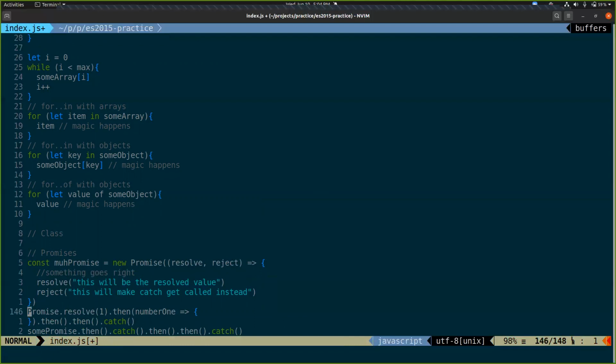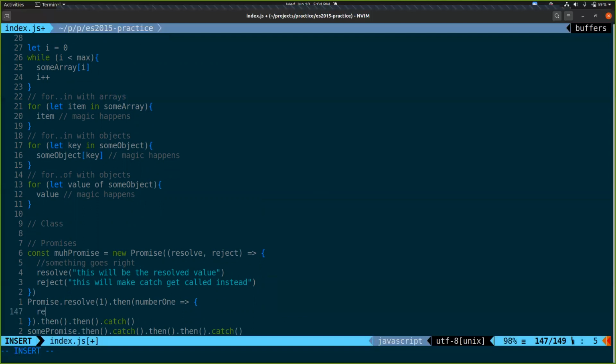Okay. And then that'll be like that. It automatically promisifies anything that you return out of that.